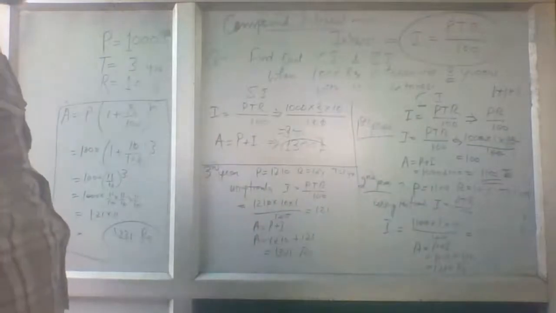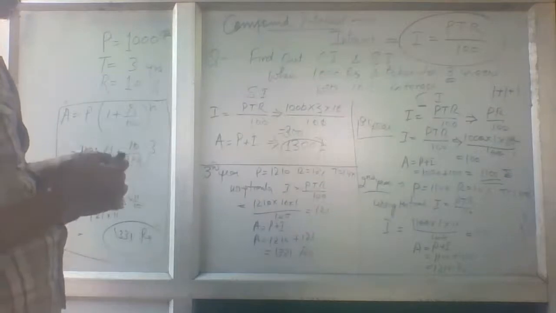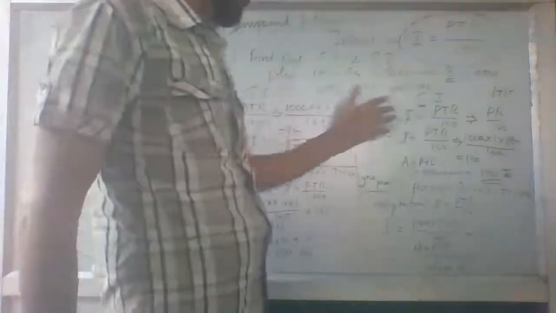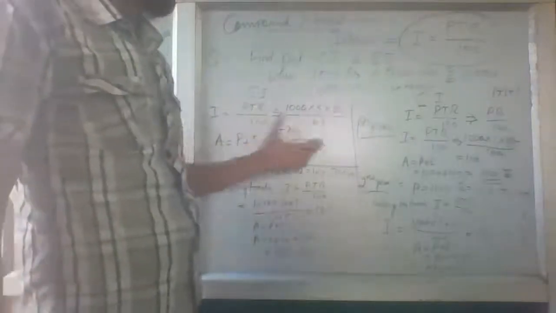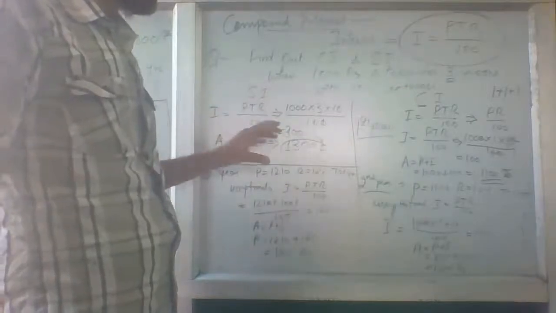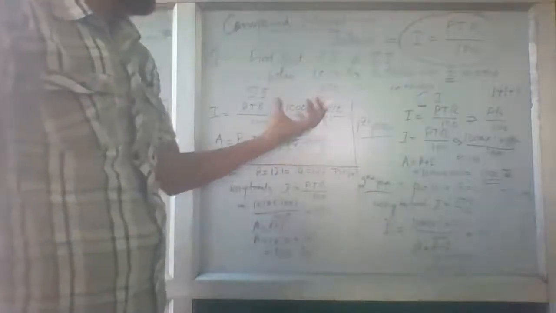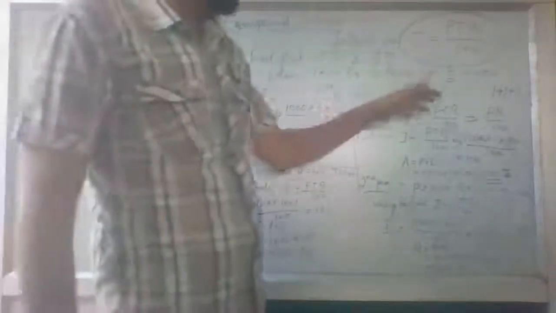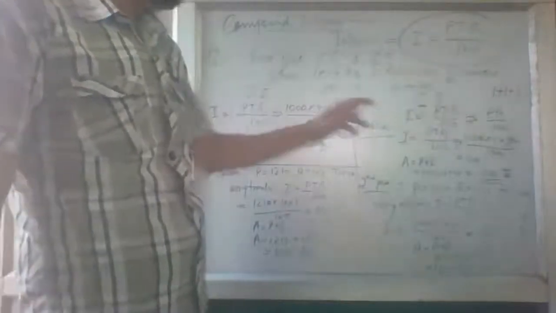Now, students, you would have clearly understood the simple interest. What is the difference between simple interest and compound interest? What is the formula for simple interest and compound interest? They are both the same, but in simple interest, you solve the question at once, meaning everything you put in this question at that particular instance. But in compound interest, when you use the same formula, I is equal to PTR upon 100, at that time you divide according to the years taken. Means 3 years, means you will divide it into the